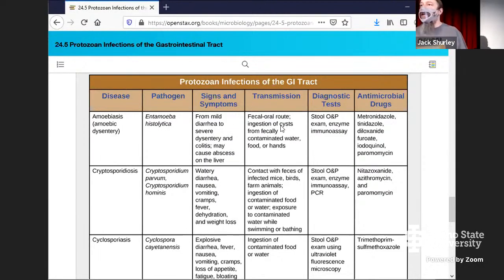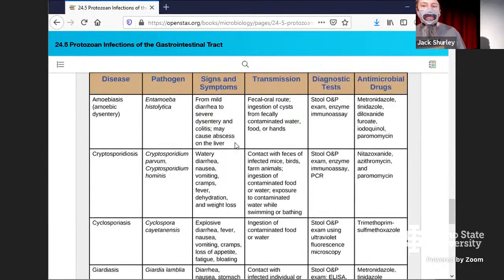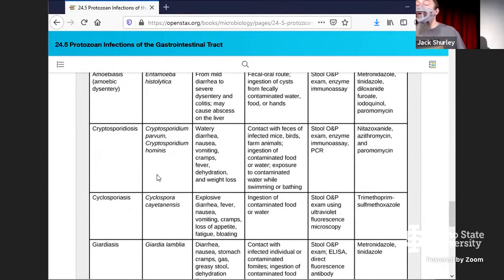And so ingestion of this water, you consume these cysts, there's the potential for it to be on food. If the food was rinsed with some of this contaminated water, or your hands were dirty and have those cysts on them, you ultimately have the potential to consume that. So you can do some fecal floats and see the amoeba. Different azole drugs are treatments against that. There are other potentials if we see liver involvement or other stuff where we may need to go in and remove that. Crazy stuff.